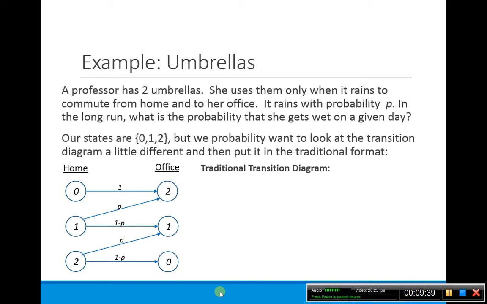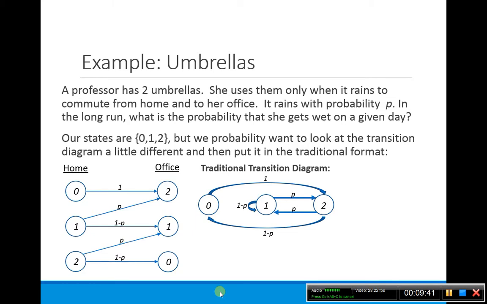So here, our traditional diagram, we really only have 3 states, right? We can't think about this as home and office. We really have 3 states. So what's the likelihood of transitioning from 0 to 2? Well, this is probability of 1. So if I have 0, I'm going to transition always to 2. And